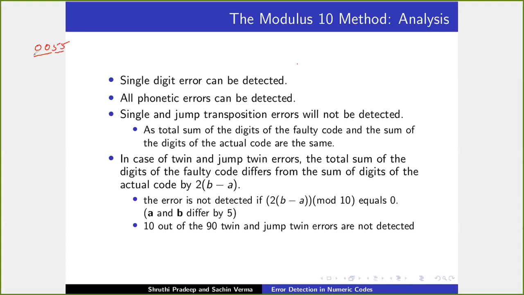I think she's pointing out that these are two different codes. 00 is one code which has been sent across as 55, and then you cannot detect it. She's correct. It's very simple. 00 and 55, twin errors have occurred. 00 now maps to 55. Both modulo 10 give 0, but it is not correct. I intended to send 00, but it is now 55, so we are unable to detect it. If only one error happened in 00, we can detect it.